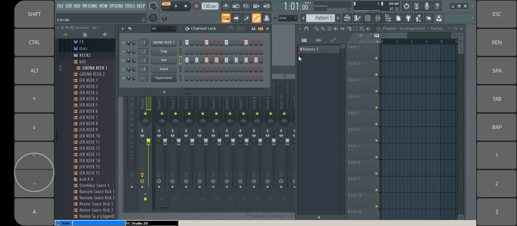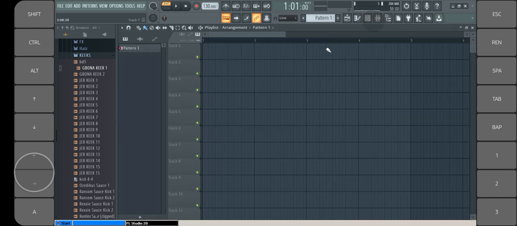So if you want to move them to your playlist for arrangement, you just do the same way you did with dragging samples from your packs to the channel rack. The same way, do it from this here named pattern 1. Just press and drag like that.